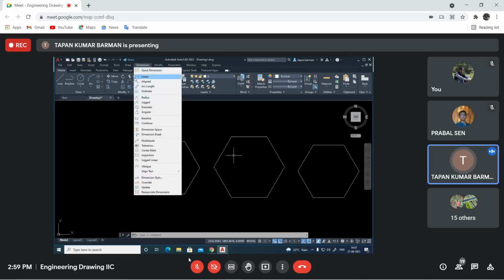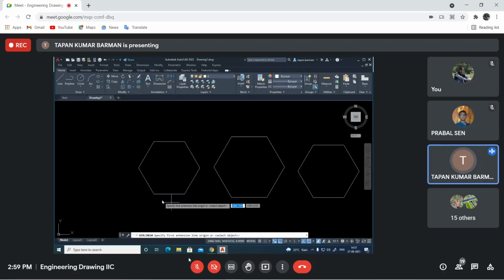From the dimension toolbar, I can take linear dimension. So I am taking these 2 points and I am putting the dimension here. Linear dimension from here to here.